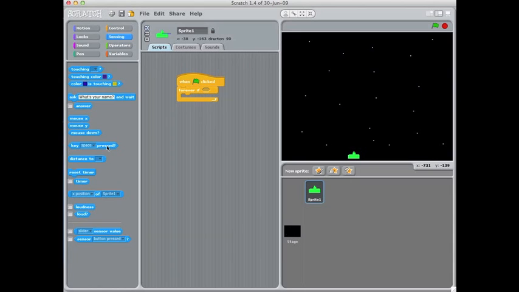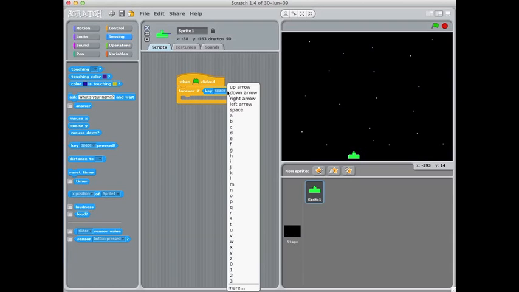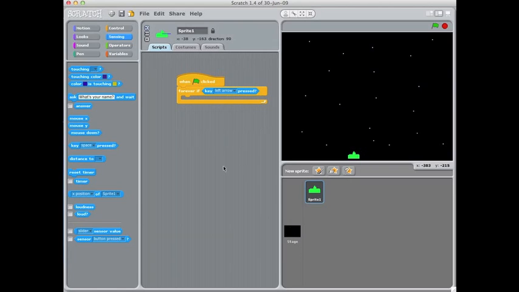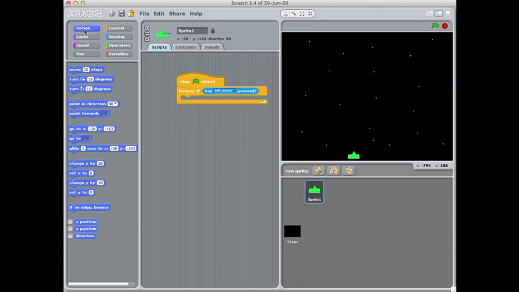About halfway down the sensing blocks, you'll see a little hexagon shaped block that says key space is pressed, and where it says space, that's referring to the space bar, and if you click the drop down box you can choose from the other keys on the keyboard. So I'm going to choose the left arrow key for this one. What that means is, when I click the flag to start the game, forever, if I'm pressing the left arrow key, I want my cannon to move to the left, and that can be achieved by